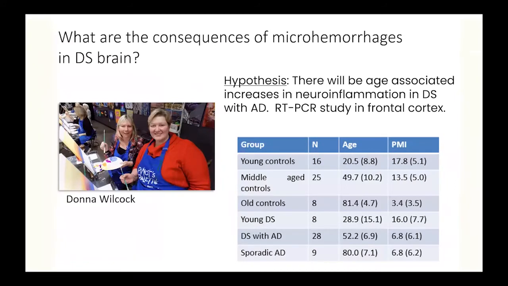So the next question then, if we just keep following the tail, and I'll be honest with you, this tail actually did not evolve in the beautiful order I'm telling you. It kind of happened all over the place. But we wanted to know, what are the consequences of all these bleeds in the brain? You would imagine there's all these proteins in the blood getting into the brain. They shouldn't be in the brain, and those are probably going to be causing inflammation.